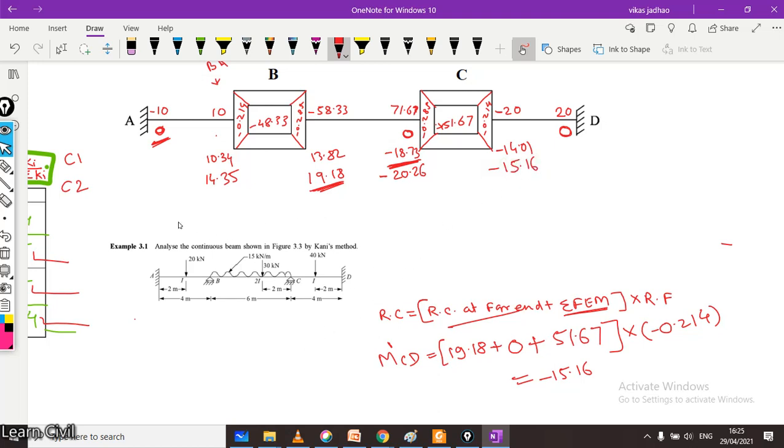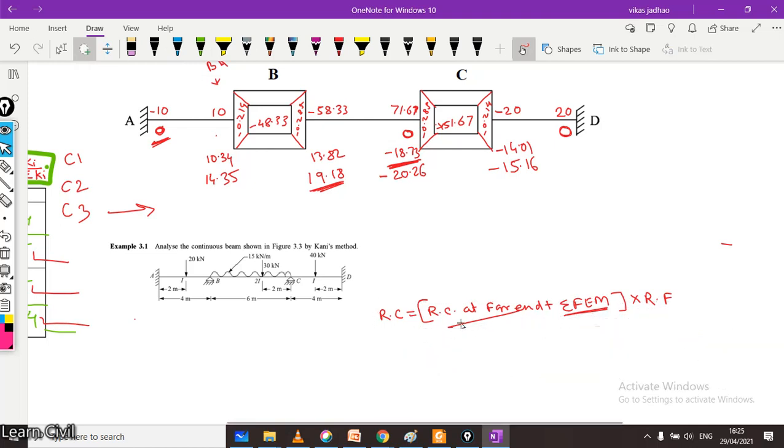Now again we have to go for cycle 3, but you can see there is a huge difference between these values, and hence the final answer is not received or calculated here. So again we have to go for cycle number 3, C3. Again the rotation contribution M dash BA will be equal to